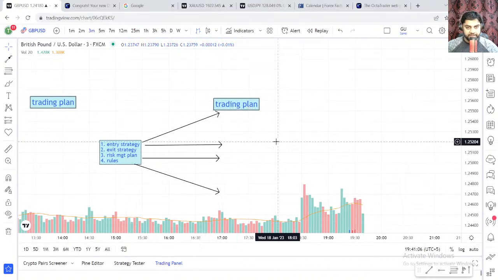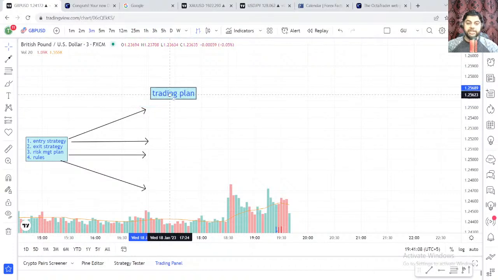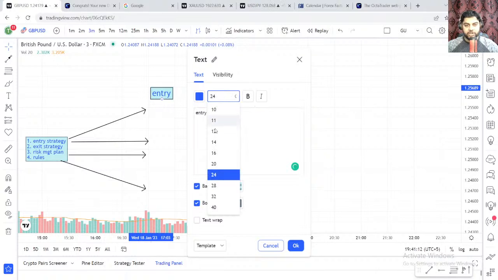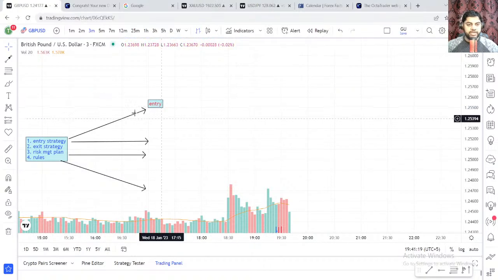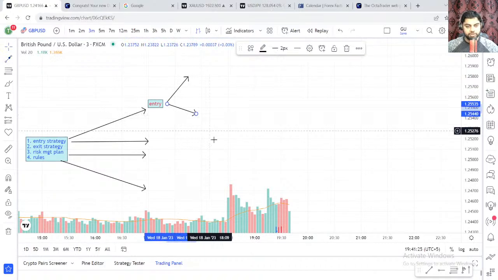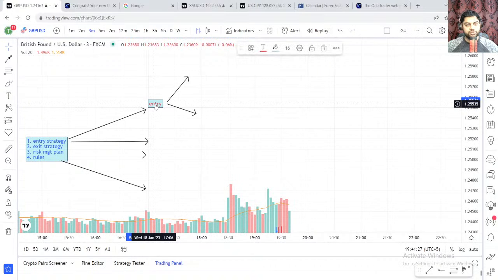Well, you make an entry strategy like this. Let's say this is your entry, or you can also say, how do we enter? So entry should be based on two things. So first,